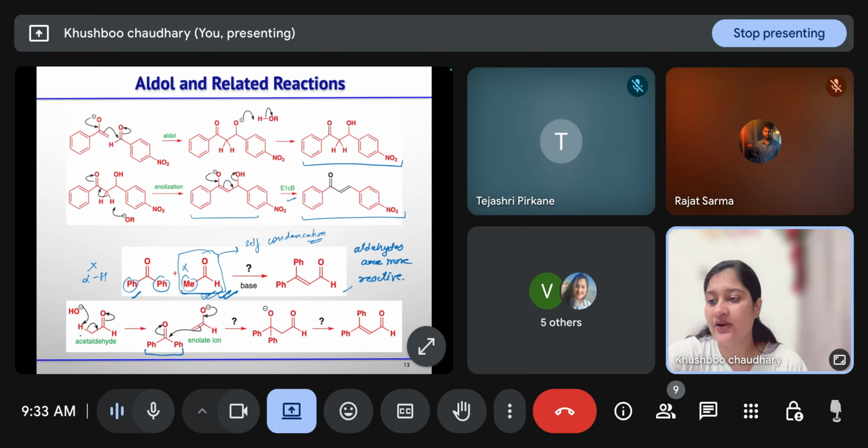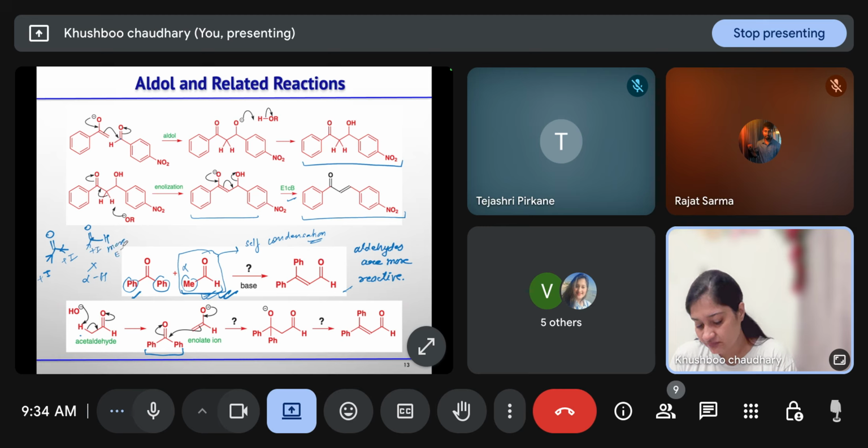In case of ketones, when hydrogen is replaced by carbon, carbon has a higher tendency to donate electrons to the carbonyl carbon in comparison to the protons, so they are less electrophilic than aldehydes. Through plus I effect, the two carbons present at the alpha positions of the ketone will provide electron density. In the aldehyde, only one group is there, so this is more electrophilic, and the ketone is less electrophilic.